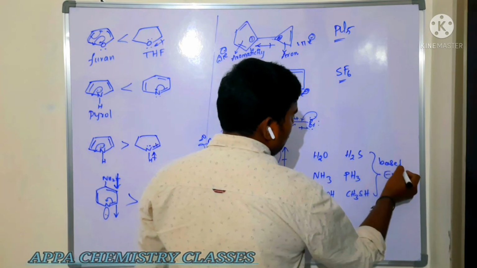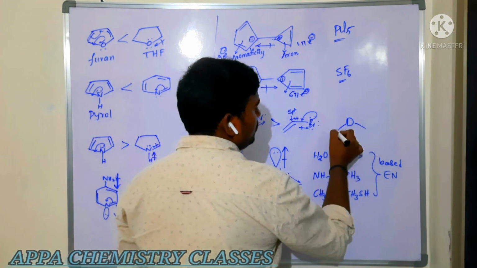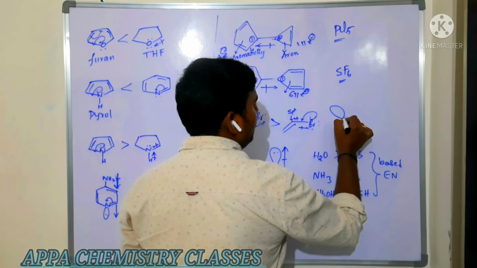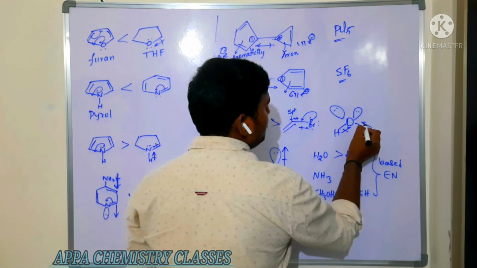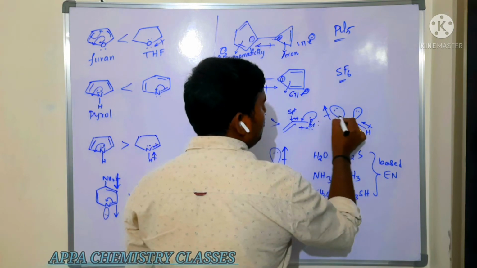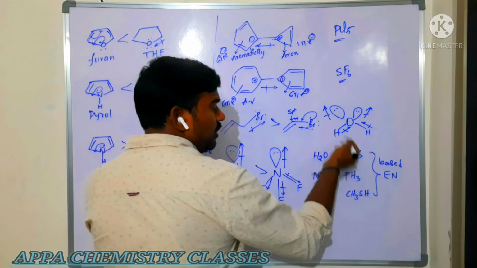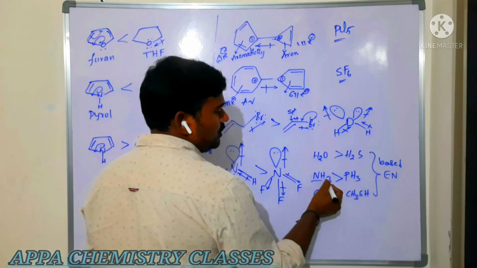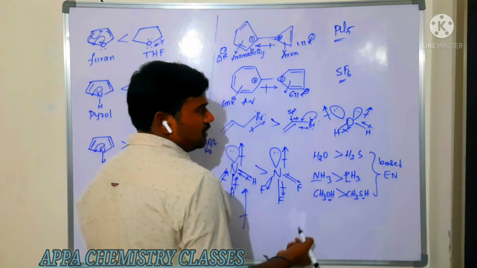Now, these are all based on electronegativity. So the more the electronegativity, the more the dipole moment. Now in water, this is the water. Oxygen will have two lone pairs. So the resultant dipole moment you can see here: hydrogen, and here the lone pairs, so completely it is going up. More electronegative, so more dipole moment. Nitrogen is more electronegative compared to phosphorus. Here oxygen, here sulfur, electronegativity.